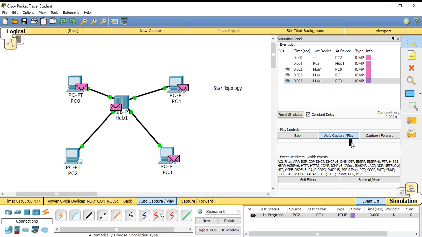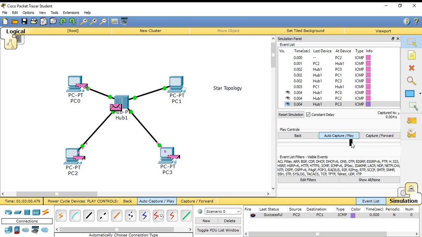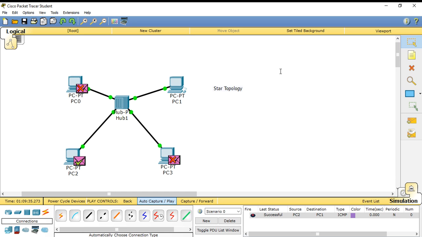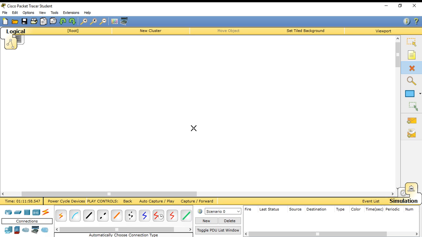As you know, whenever data is transmitted with the help of a hub, it broadcasts the data, which increases the total number of messages going through the entire network, which is not a very good thing to do, because by increasing the total number of messages or packets on the network, you are unnecessarily increasing the load on the network, which is not at all suggested. So what we will try to do now is, with the help of a switch, implement the star topology, and then we will see what is the difference between a hub and a switch.